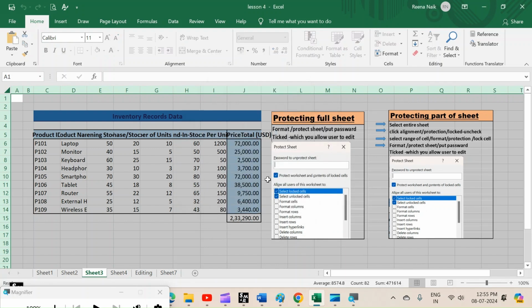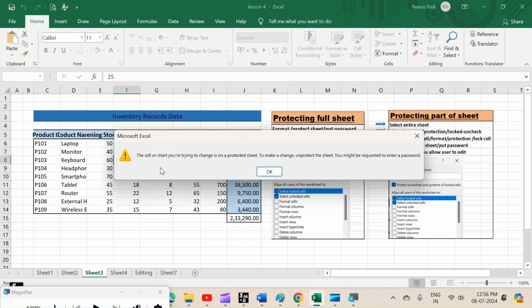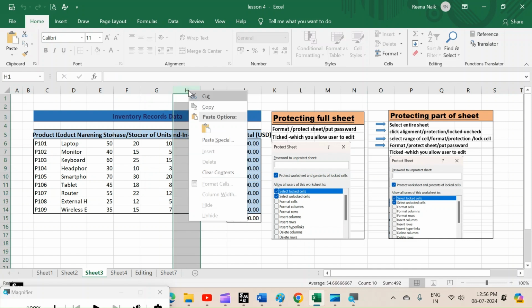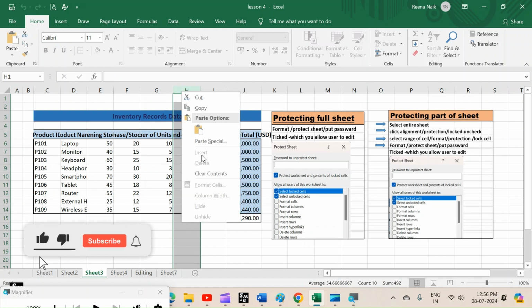Okay. Now let's see whether we can make the changes. Now this is 25. We cannot make any changes. Can we insert the column? See, there are no options showing here. These options are not highlighted.